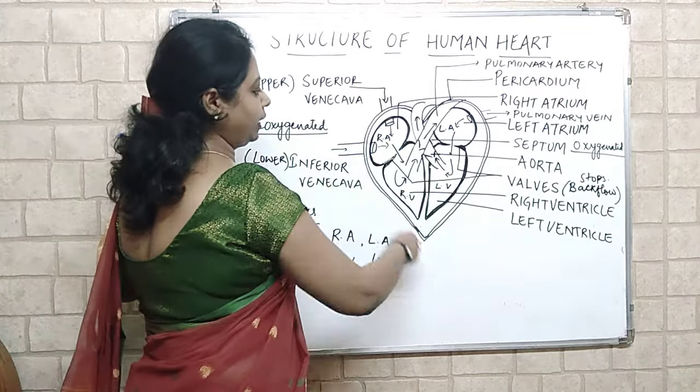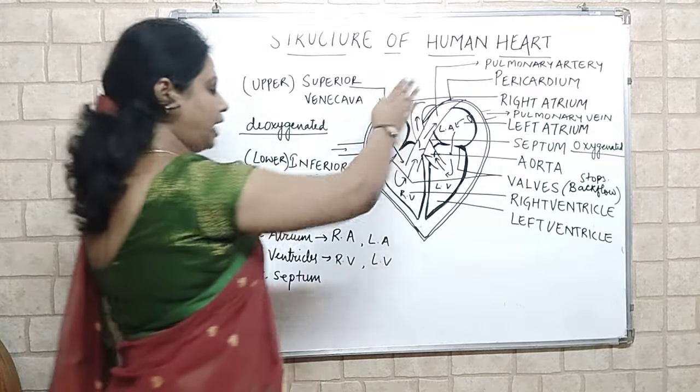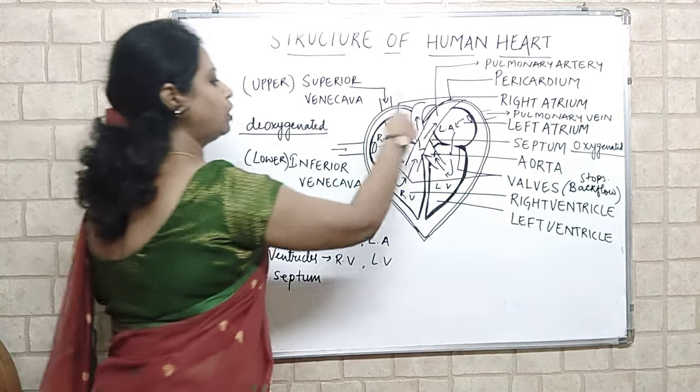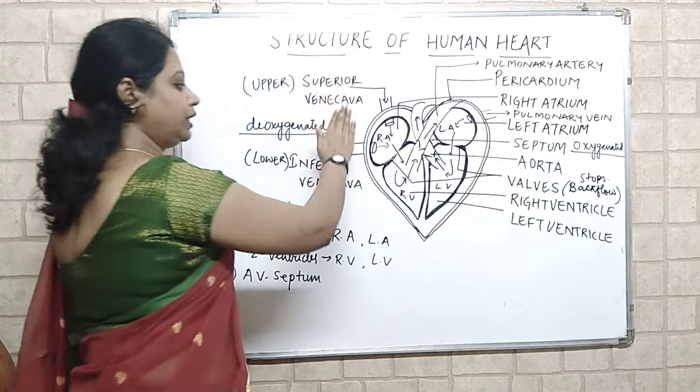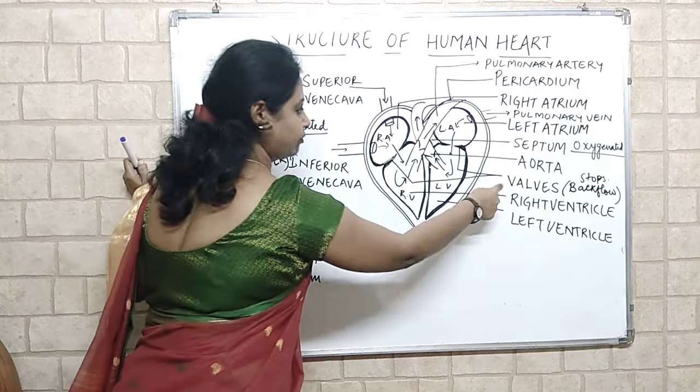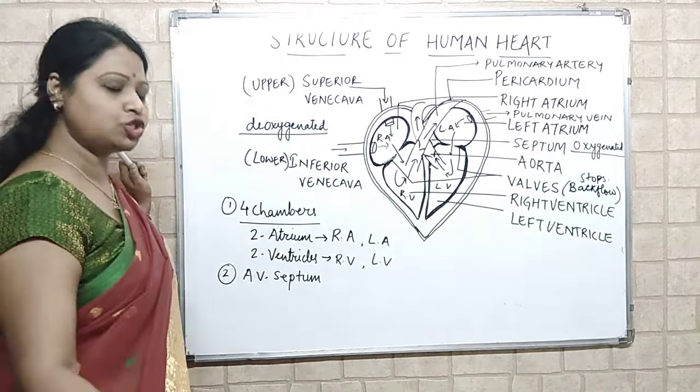The heart is covered by a layer called the pericardium. The human heart has 4 chambers, 2 upper chambers known as atria and 2 lower chambers known as ventricles. Between the upper and lower chambers, we have valves. The function of valves is to stop the backflow of the blood. The heart is totally divided into two parts, the right part and left part, which separates the deoxygenated part from the oxygenated. So there is no mixing of blood in the human heart, so that oxygen efficiency is higher.